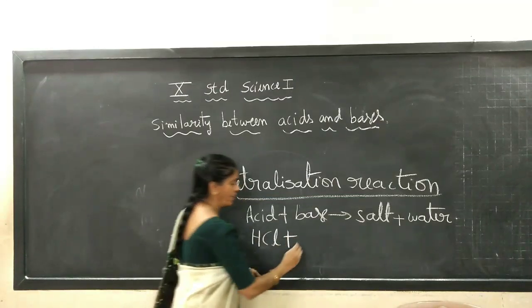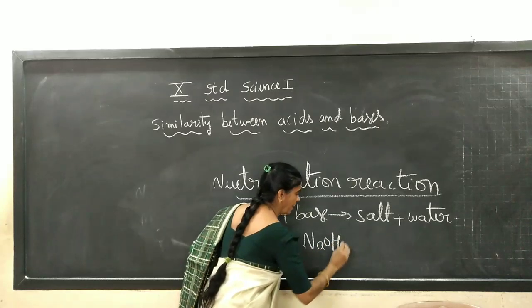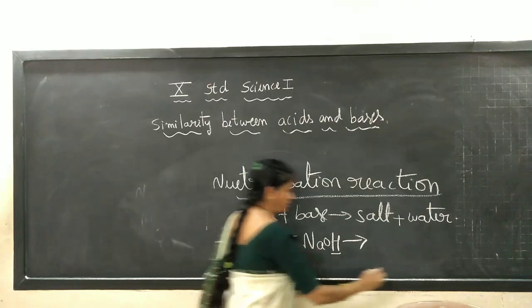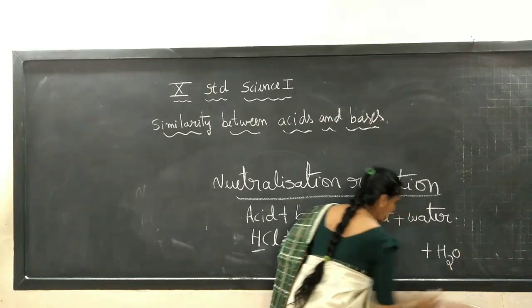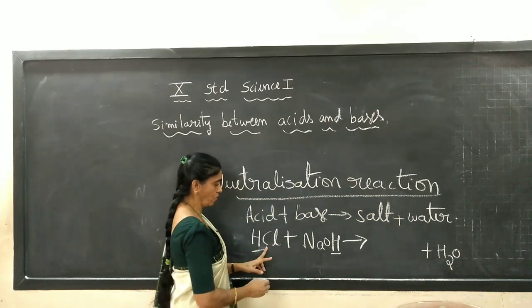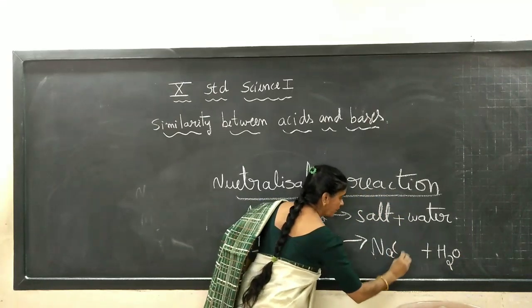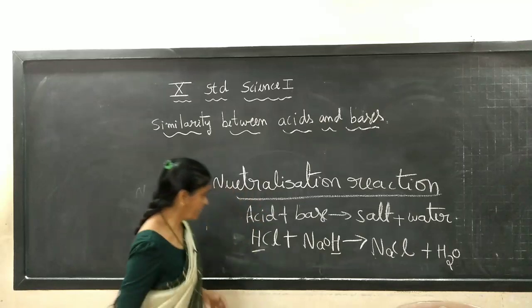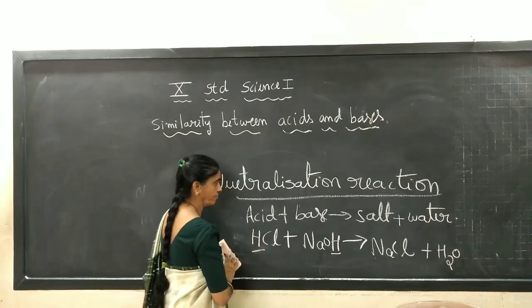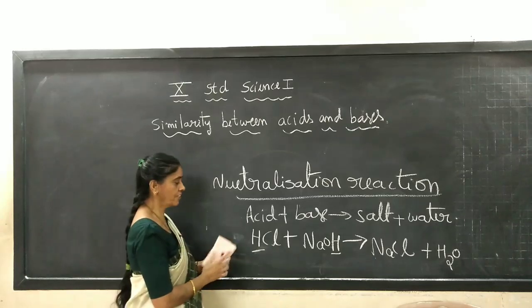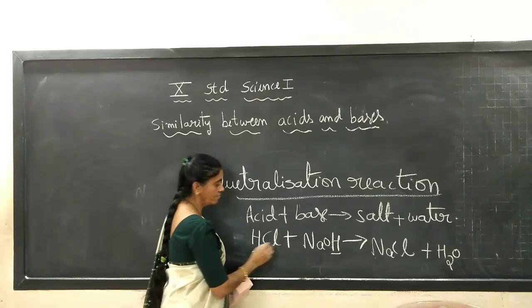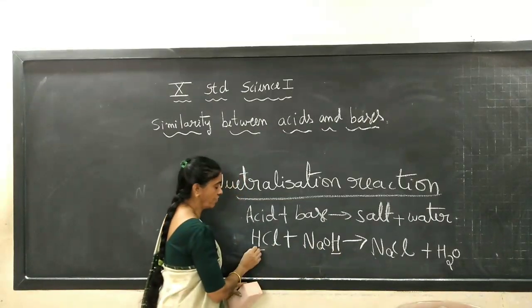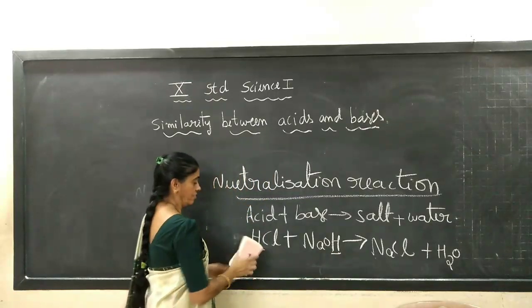Take HCl acid and, as the base, sodium hydroxide. You will get OH plus H, so you get water here. Now which salt will you get? It is sodium chloride, the common salt we use in day-to-day life, that is produced. And this is the neutralization reaction. Understood, children? Acid and base give salt, sodium chloride, and water, from the hydroxide ion and hydrogen ion.